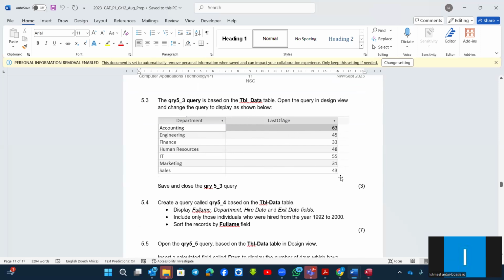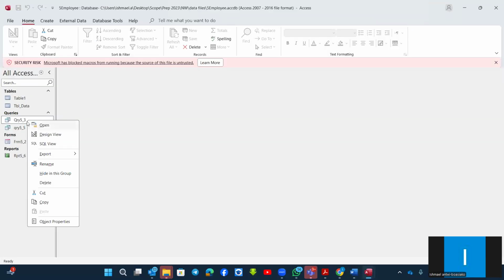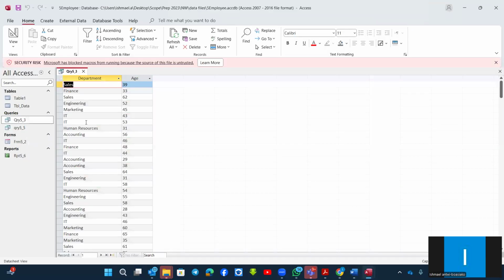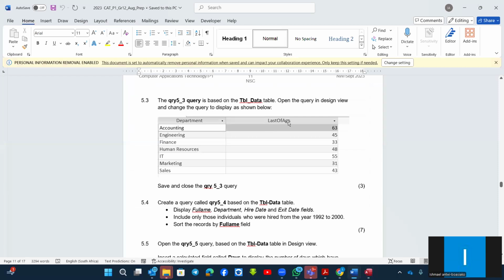Now, let's open the data and see what is happening. 5_3, if we double click, we see department and age. But on the screenshot, we find department, which is fine, but it says last of age. That means they did some calculations by using a function called last. So the field is just age, then you see of. That means they performed a calculation called last on the age. Right. So we have to do that in our